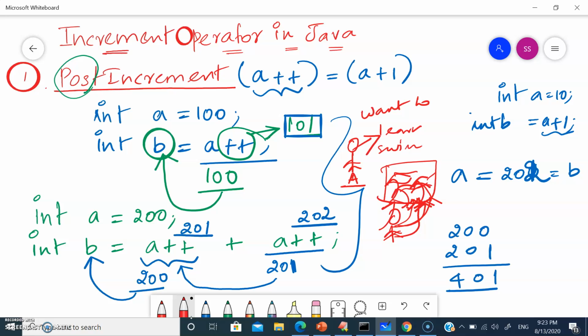So that's what your A operator is also doing over here. First it is coming and assigning the value, and then he is jumping, right? First he is coming and standing here, and then he keeps on jumping. Similarly, your value is getting incremented. So first it is coming and assigning the value, and only then do you do the increment operation, right?